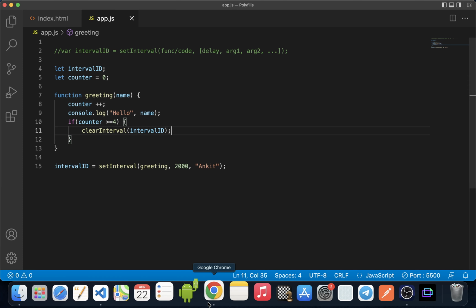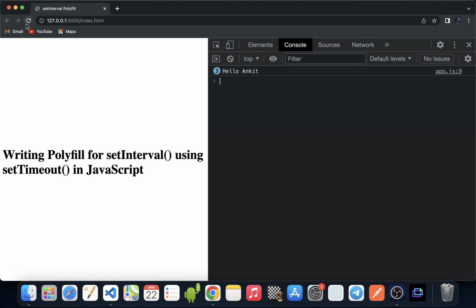Now if we save this and run in the browser, you see it will print hello and the name we passed 4 times, and then it will stop.